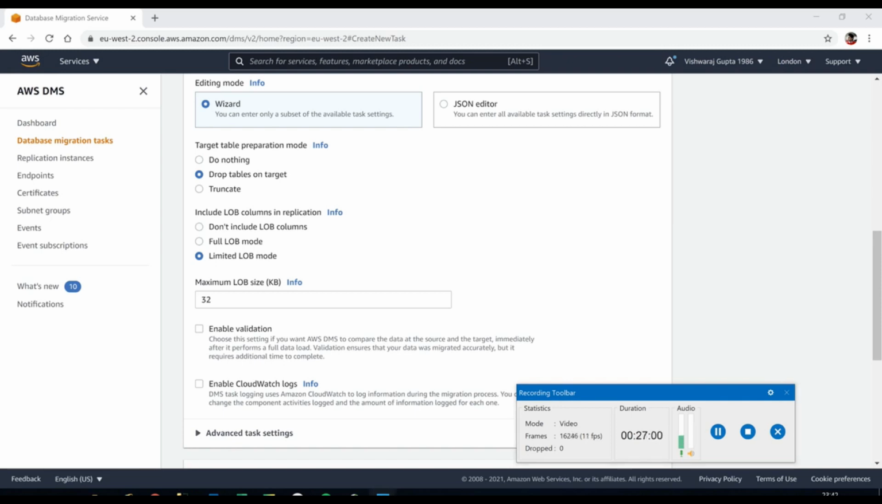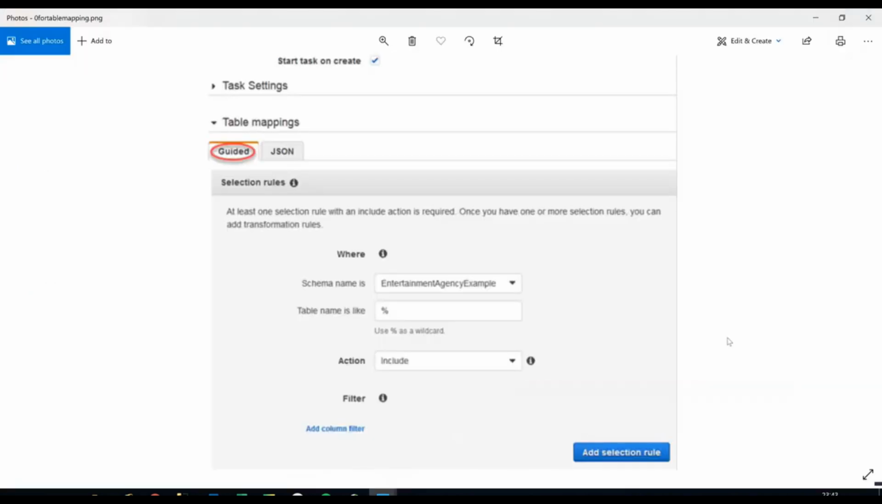I'm going to show you the first picture. Table mapping is basically what you are selecting from your source endpoint and what you are going to move into your target endpoint. In table mappings you have schema and table, and what action you want. There will be different selection rules. For example, I want to move all the tables from that